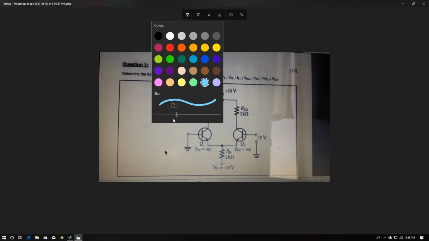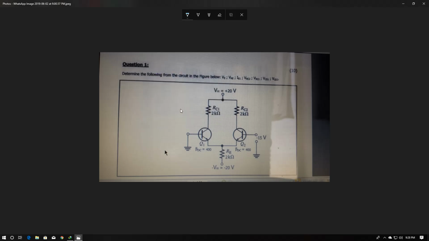So I'm gonna try to do this with my computer, and it's really hard because this is kind of hard to use. So this is what you have, a circuit, right? And you need to find all these values over there. God damn it! You see what I told you? It's gonna be a little bit hard. Erase all ink. All right, good. Now you gotta find all those values